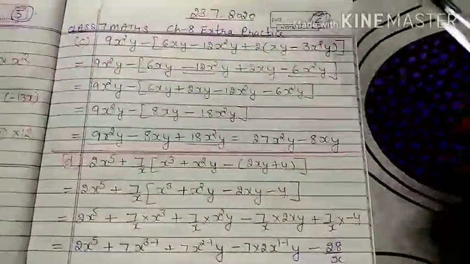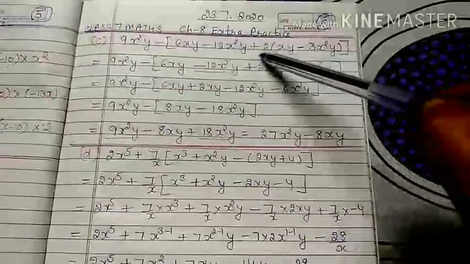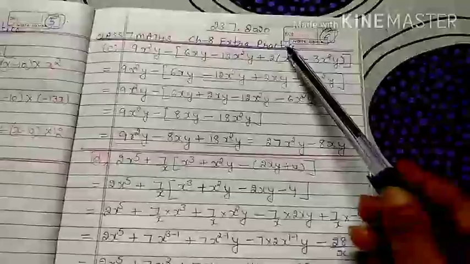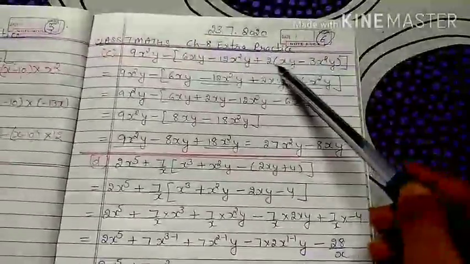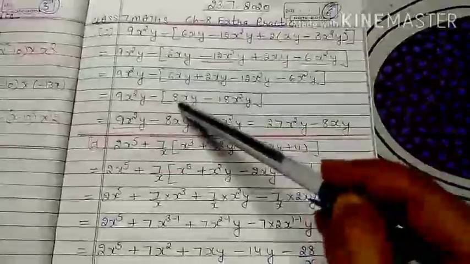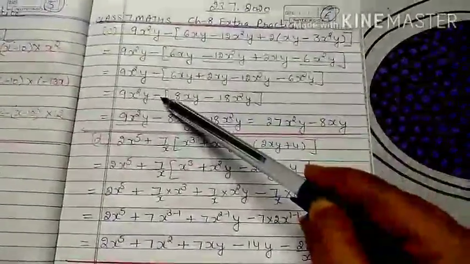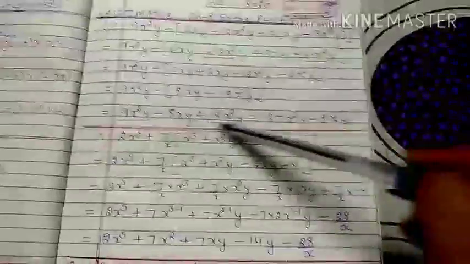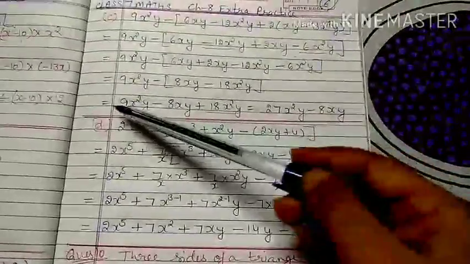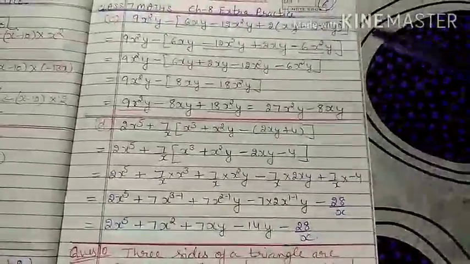Now your C part is 9x square y minus 6xy minus 12x square y plus 2xy minus 3x square y. One by one, first you have to open this round bracket, multiply 2 with both terms in the bracket, and arrange the like terms, so this gives 8xy minus 18x square y. Negative sign is outside, when you open, the sign will be changed. Now arrange, check again for the like terms, 9x square y plus 18x square y gives me 27x square y